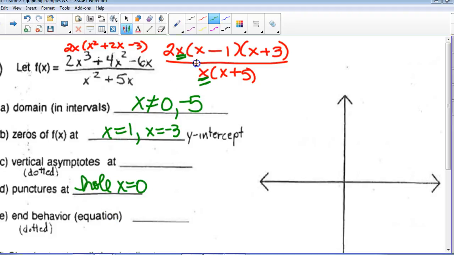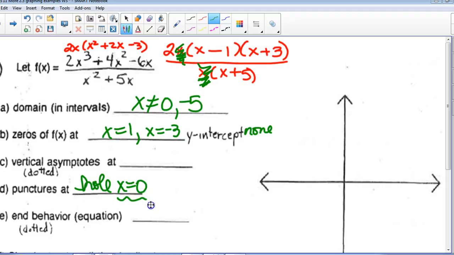Because it is a common factor top and bottom of x. Once we've written that down, we're allowed to get rid of it. We can factor it out. So now there are only zeros at 1 and -3, and the y-intercept, if you put it back in, you get 0 over 0, which is, isn't that what it means to have a hole, when x is 0,